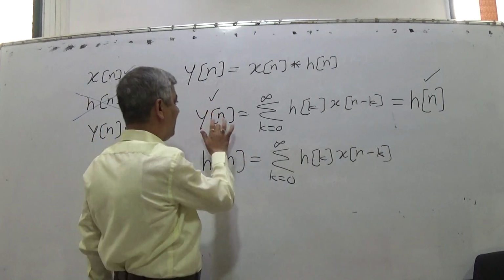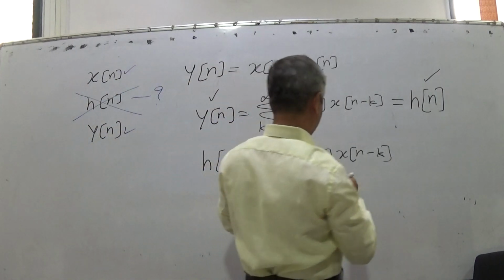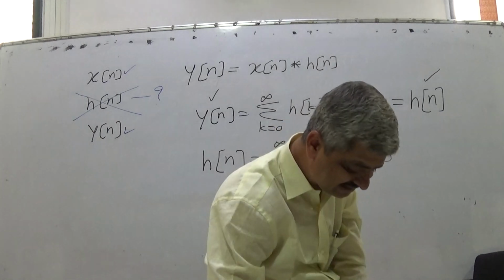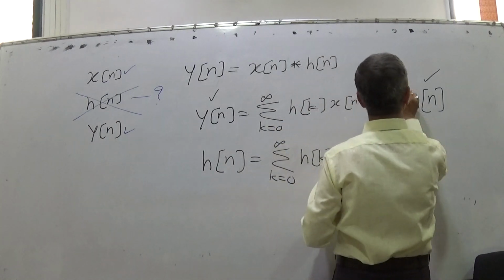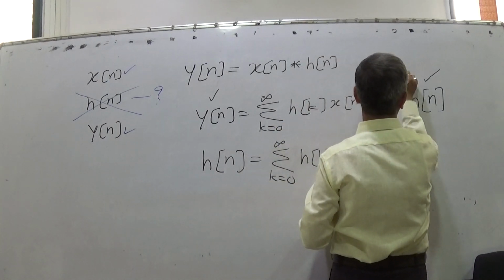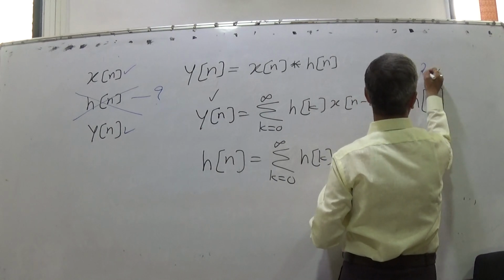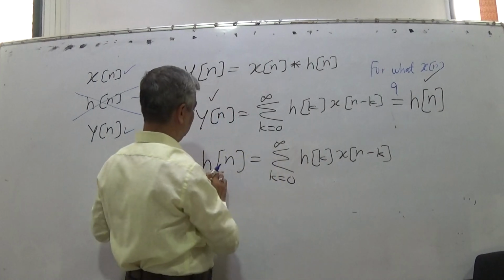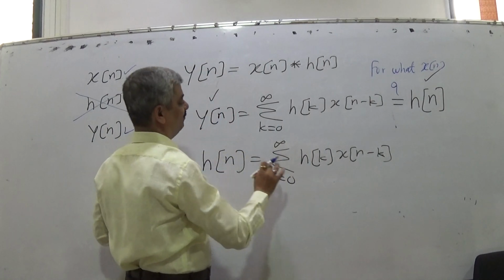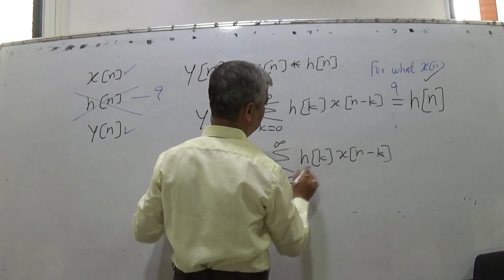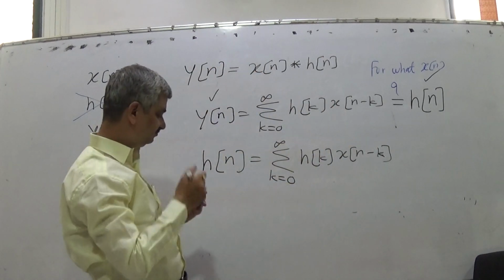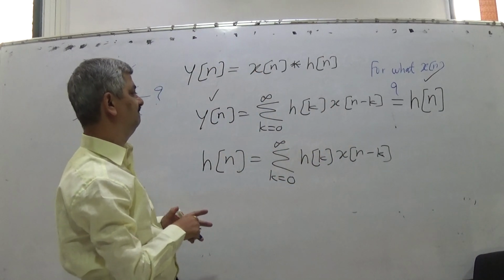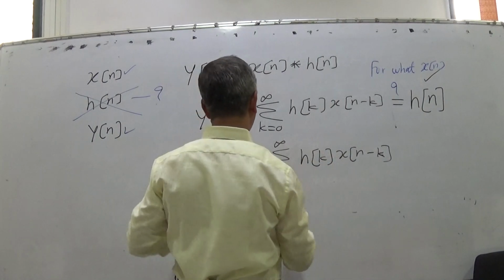So for what xn? For what xn? For what xn would this be hn? hn is equal to this summation. So this summation I will write like this: